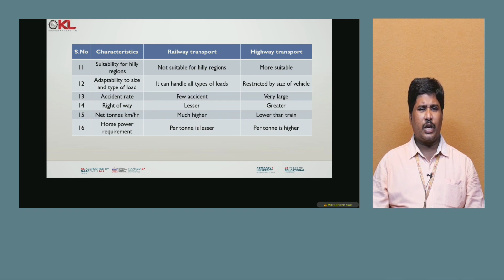And coming to the characteristics of right of way, it is lesser in railway transport. In highway transport, it is greater. And net ton-kilometers per hour, that means how many kilometers the tons are transferred in 1 hour, is much higher in railway transport. In highway transport it is very less. And horsepower requirement in railway transport is very less for pulling 1 ton of load. But coming to the